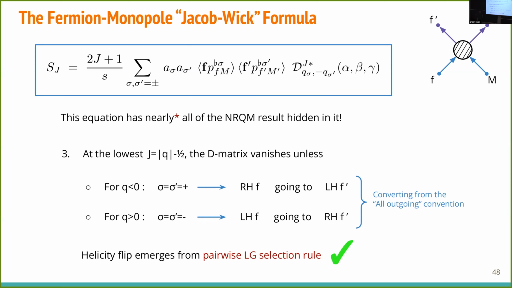What's the flip side of this? If an in state could only have one single out state in this partial wave, then the cross section for that has to saturate the S wave unitarity bound. The unitarity bound for J equals Q minus a half, right? So this is a non-decoupling effect. It has nowhere to go. A right-handed fermion can't stay right-handed. It has to go left-handed and the other way around. And we'll use a very similar technology to prove the Callan-Rubakov effect. So, questions?